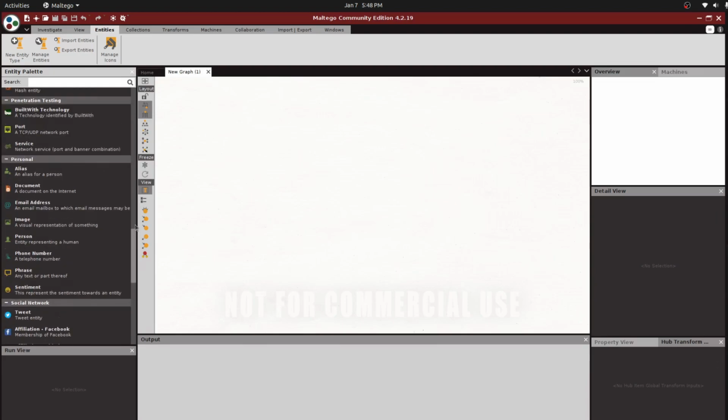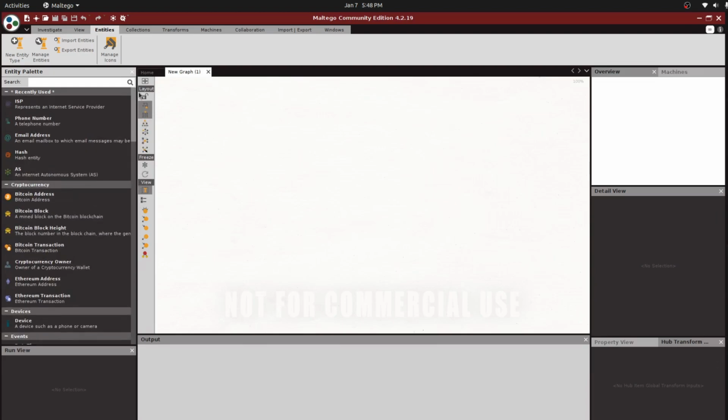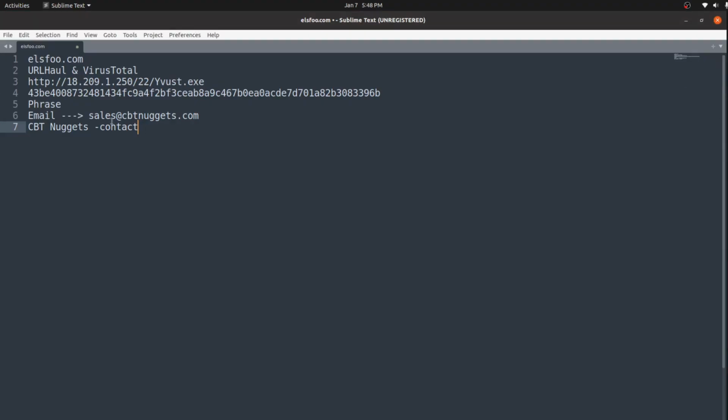Okay. Now, the usage is very simple. If you want to query a particular term, you simply need to drag the type of term. For example, let me explain. Actually, I have a list of parameters that I want to query by using Maltego.